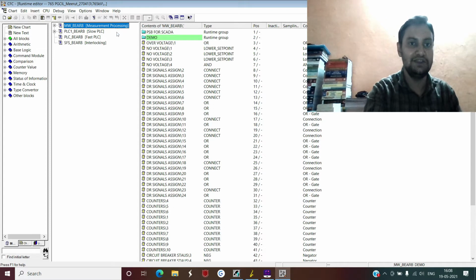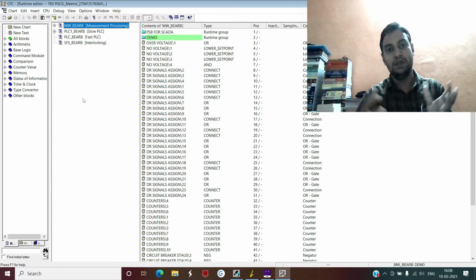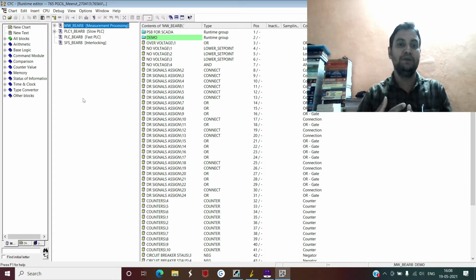And generally the measurement processing logics are those in which you are using some timers and some counters, basically for your DR purpose or for some analog measurement for recording purpose only. There you don't want your system to compile in every millisecond. Otherwise you will have a large amount of data for the compilation, and the system might become slow.